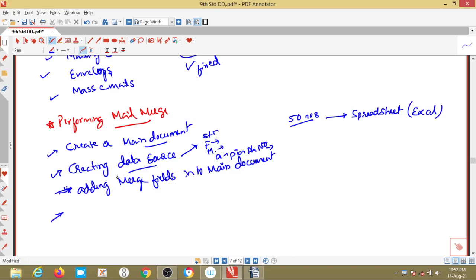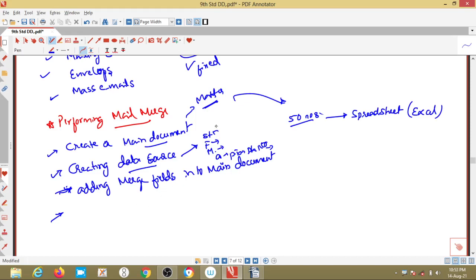First, try to understand this. Mail merge has two components: one is the main document, another is the data source. In the main document, we write the matter that is common for all the 50 students. The data source is the details of the 50 students.